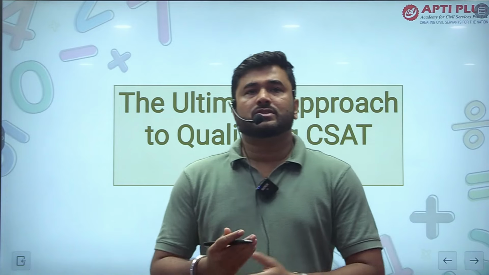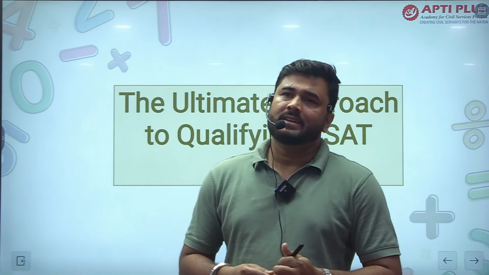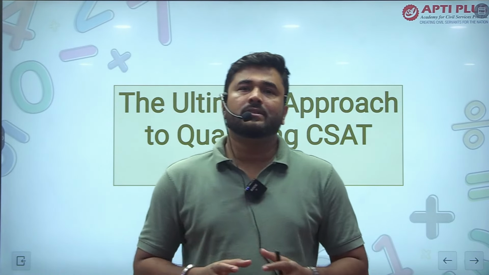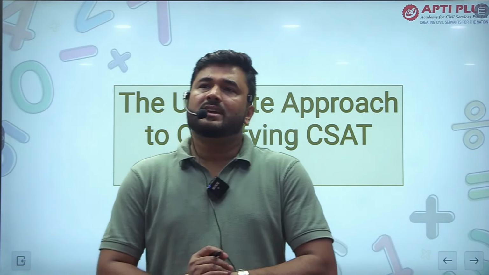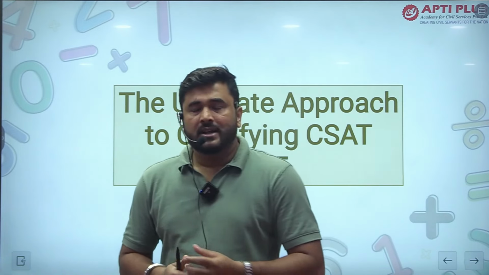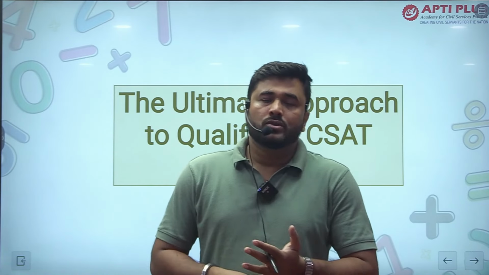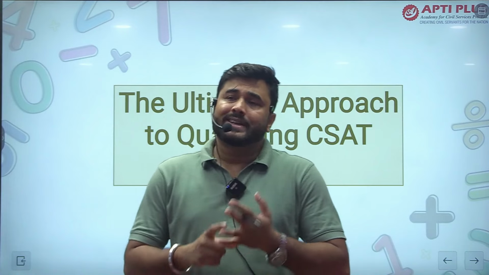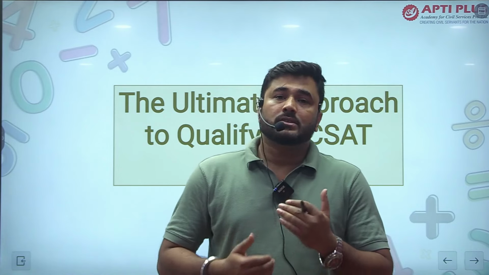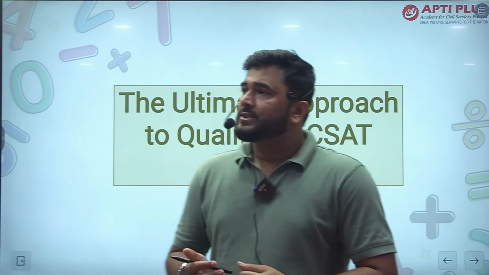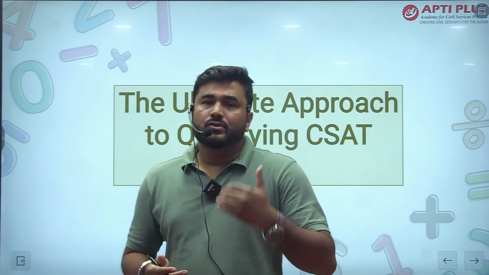Because there are two sections of students. The first are those who have a doable mind for the subject, like maths, reasoning and basic comprehension in the CSAT paper, and they do it easily. The second section get very afraid of the CSAT paper: in RCs what should we do, in the mathematics section what should we do, will calculative or analytical questions come, and in the reasoning section what should we do for those types of questions. So today in this video we will discuss all the points one by one for all the aspirants who are preparing for the CSAT paper.